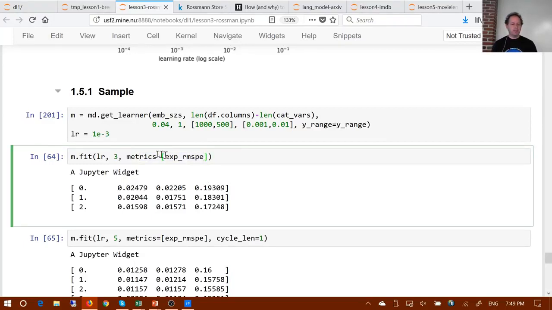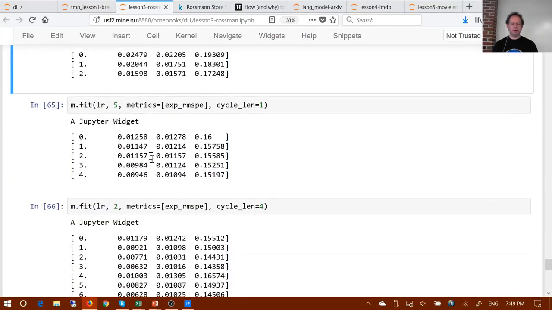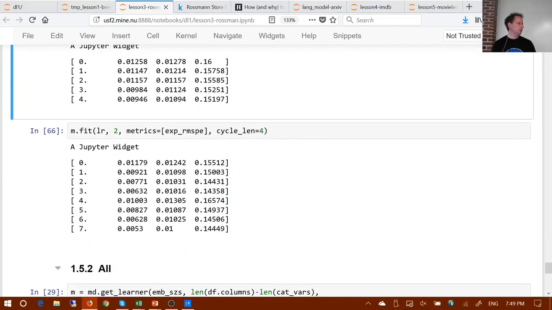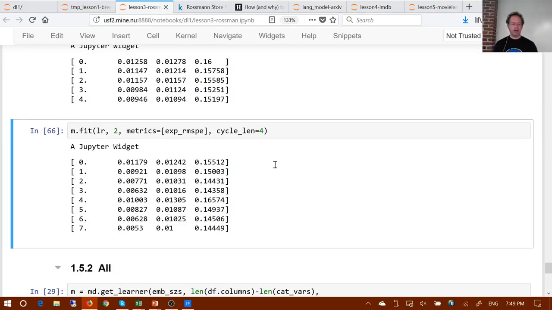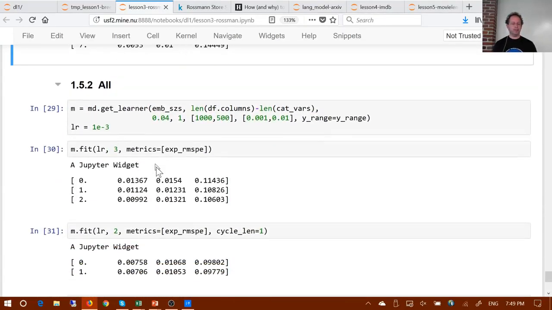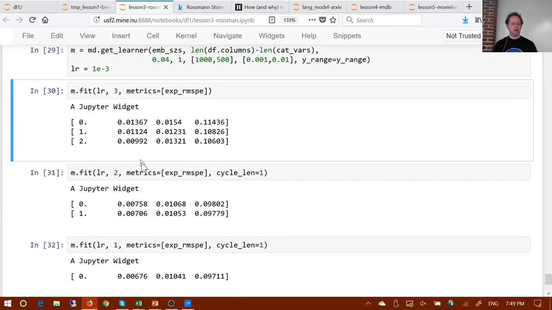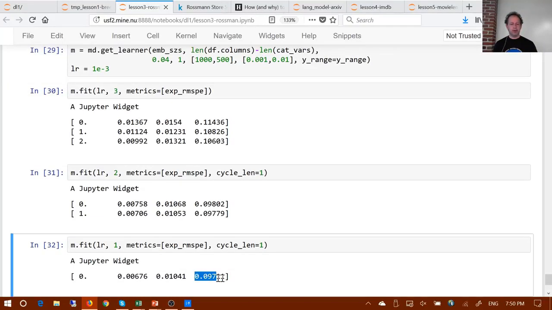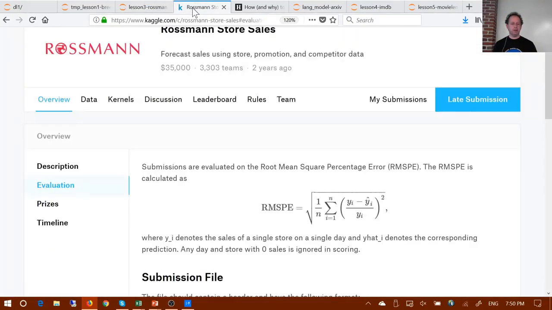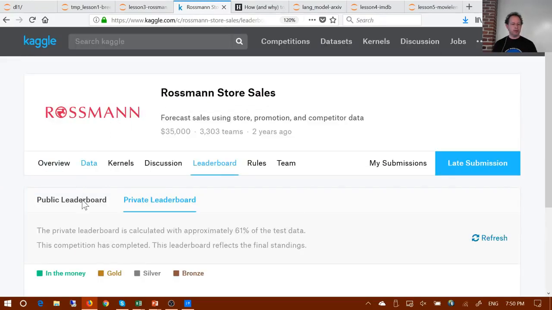So we trained that for a while. And we've got some benefits that the original people that built this don't have. Specifically, we've got things like cyclical learning rate, stochastic gradient descent with restarts. And so it's actually interesting to have a look and compare. Although our validation set isn't identical to the test set, it's very similar. It's a 2-week period that is at the end of the training data. So our numbers should be similar. And if we look at what we get, 0.097, and compare that to the public leaderboard,